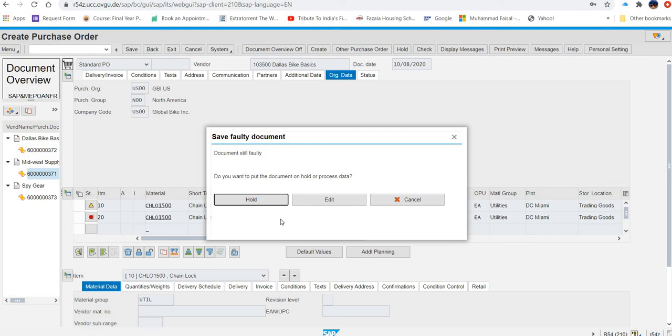Document is still faulty. Do you want to put the document on hold or process data? Edit. Let's see what is the error.